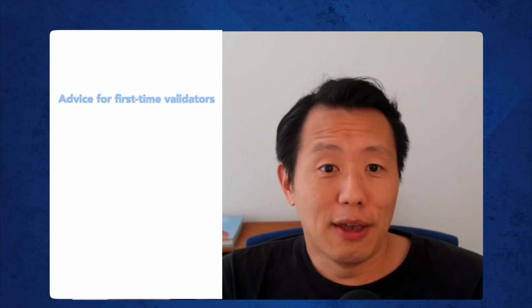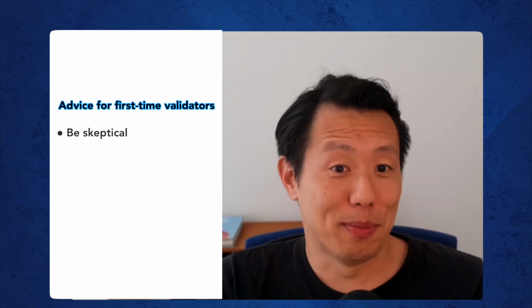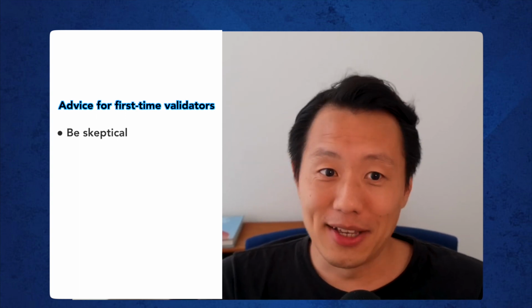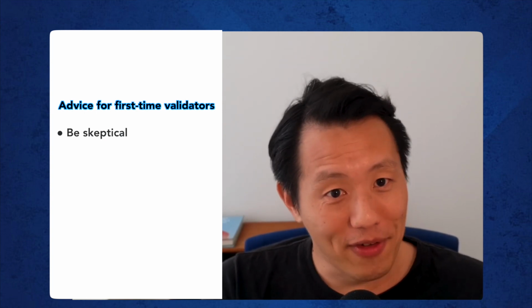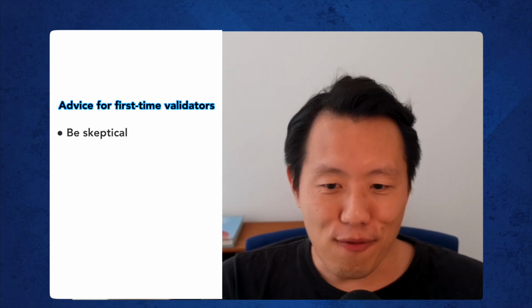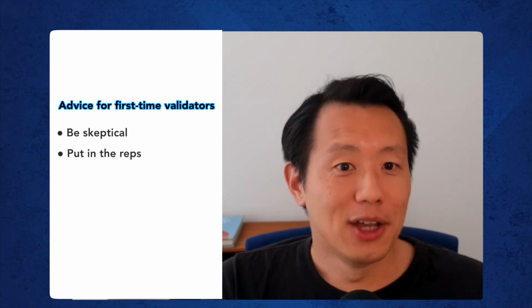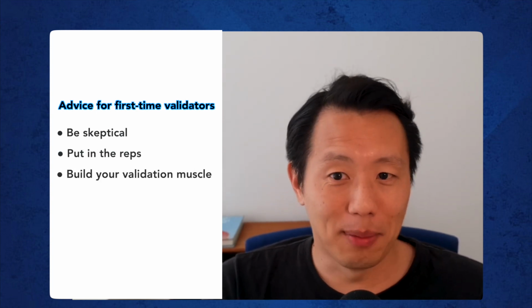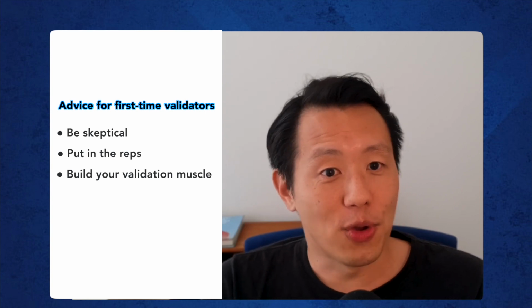So to me, if you're doing validation for the first time and you feel like you're getting objective conviction that it is a promising idea, I would actually be skeptical because the hit rate is not that high. And look, you might be the one, but it's also harder to tell because you haven't seen all the others. Honestly, if I was doing validation for the first time all over again, I would just start validating any ideas just to get reps, just to see what building objective conviction on not promising ideas looks like. And then you can work up from there.